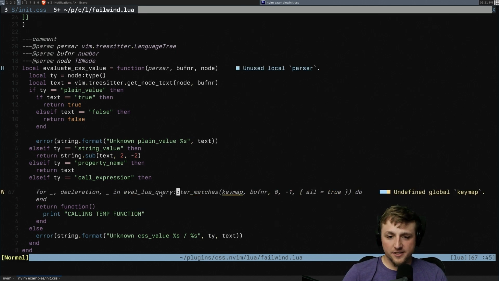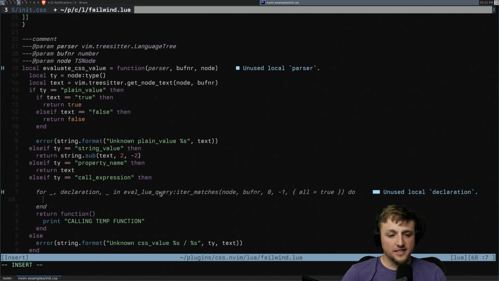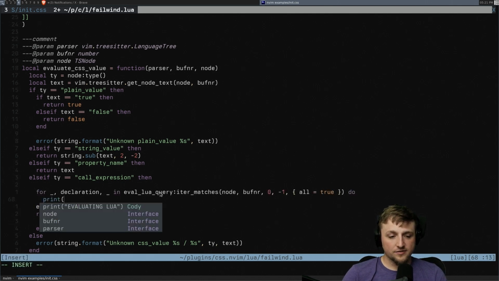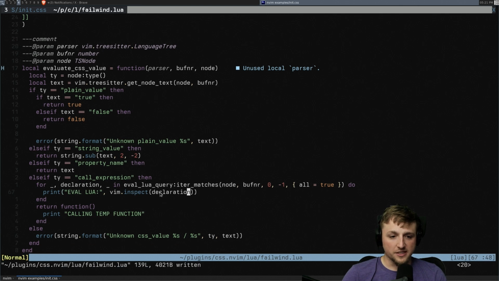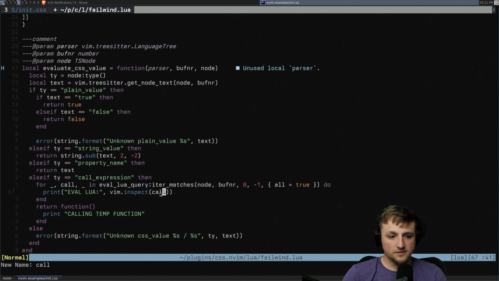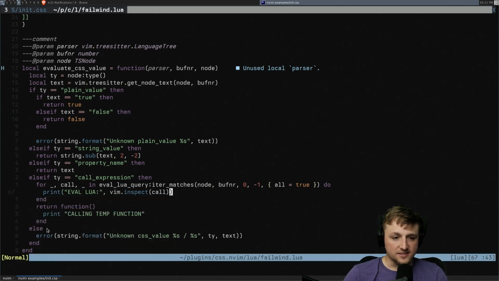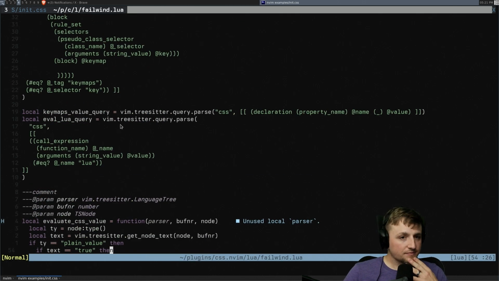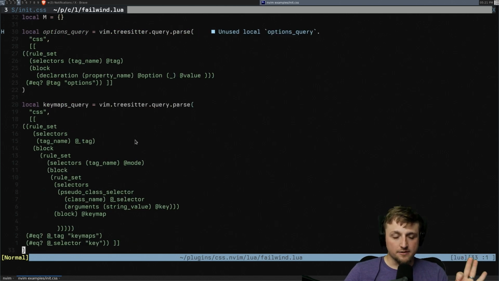Eval Lua query. We have a node and we have buff number here. And so let's go print eval Lua. And then let's go vim inspect declaration, which really this should probably be like call. So this should be here, and we have this and this and this and this and this, blah, blah, blah. And really the only thing that I care about here